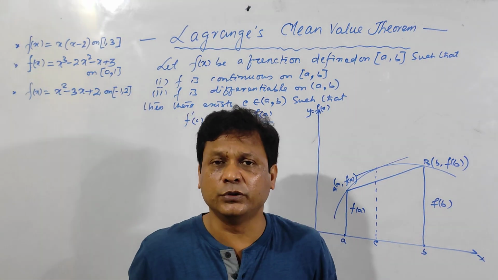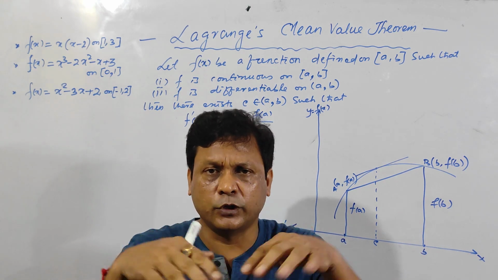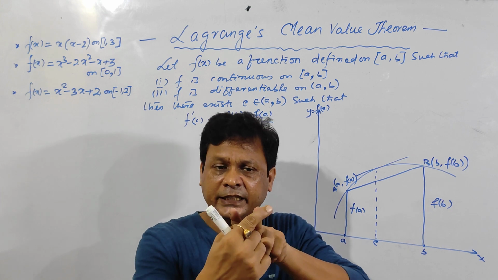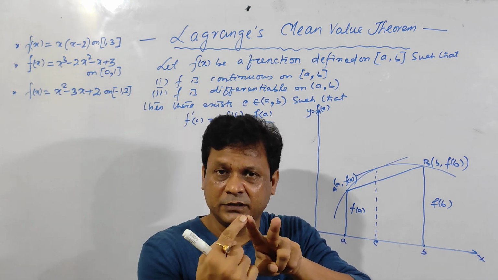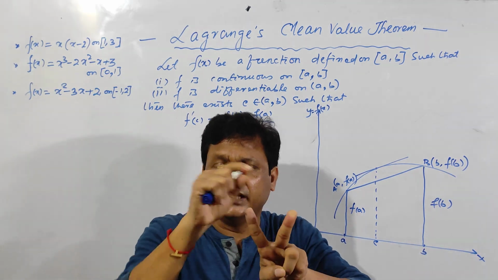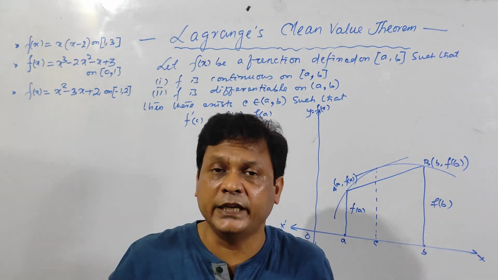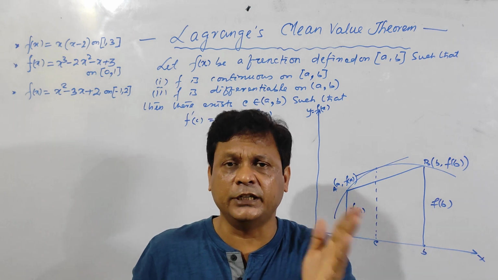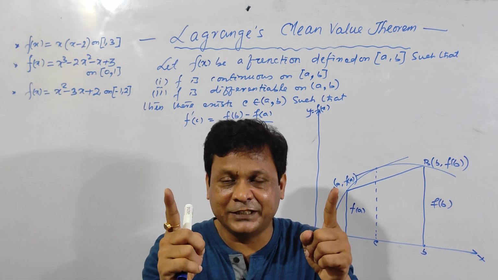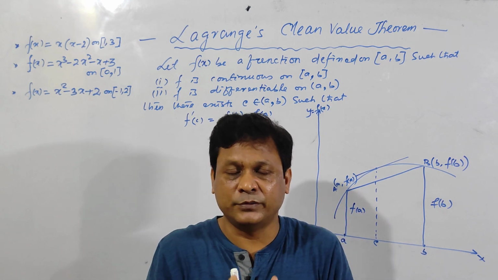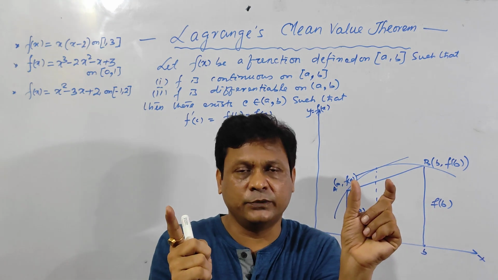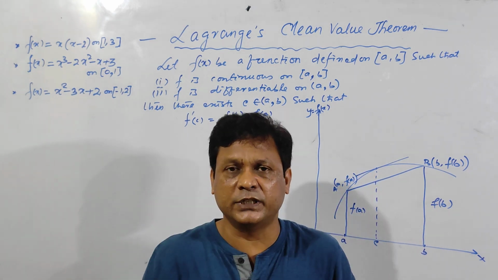And already it is known to you, if two lines are parallel, then their slopes must be equal. Here, one is a chord, another is a tangent. And the slope of a line segment is y2 minus y1 divided by x2 minus x1. The slope is of a line joining 2 points. That means x1, y1, x2, y2 are the two endpoints of a line segment.